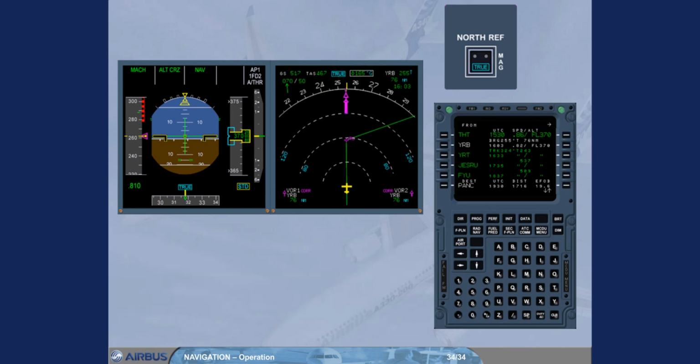On the MCDU, the bearing or track for each waypoint has also changed to true, as indicated by a T letter near each